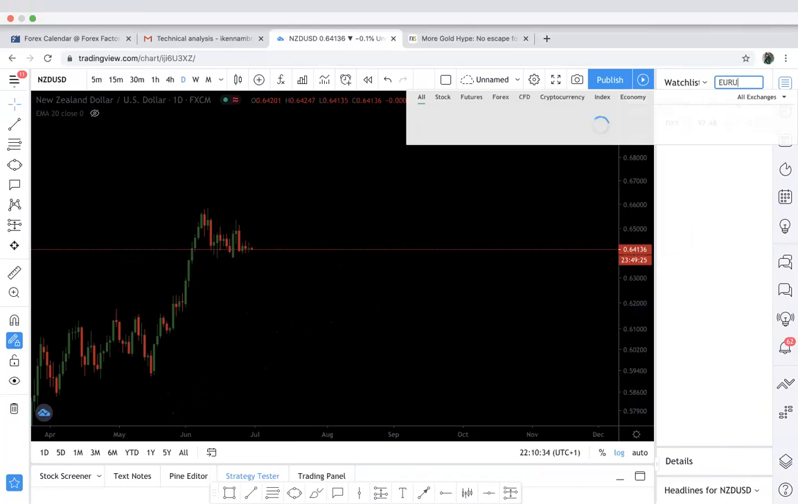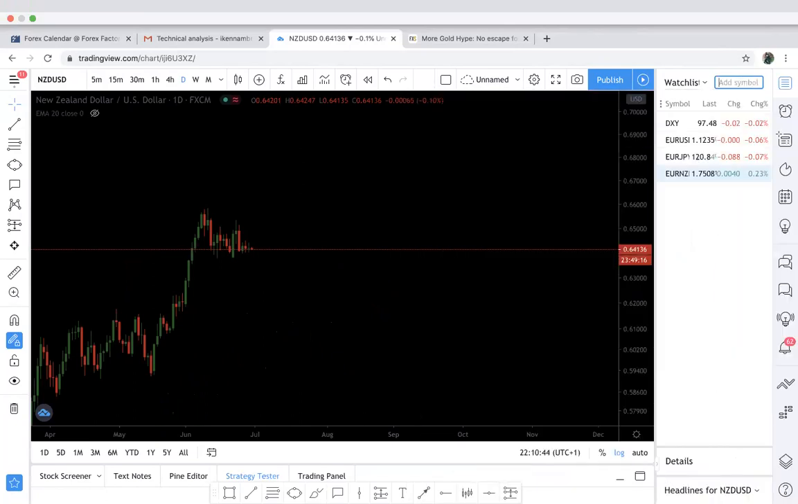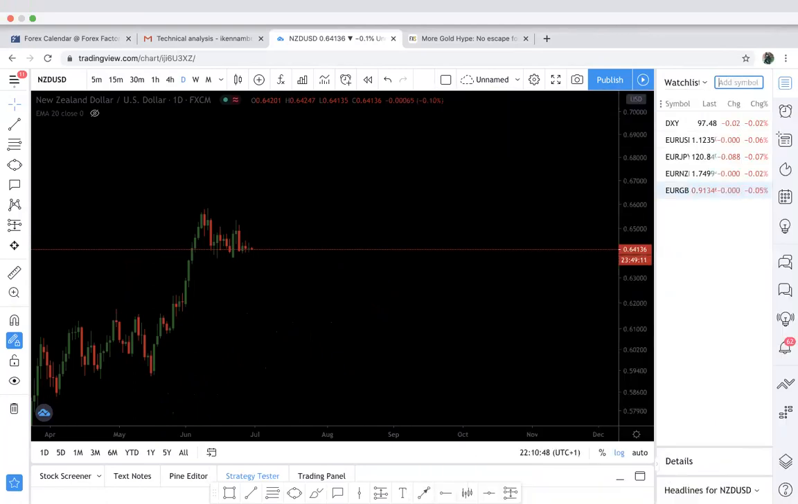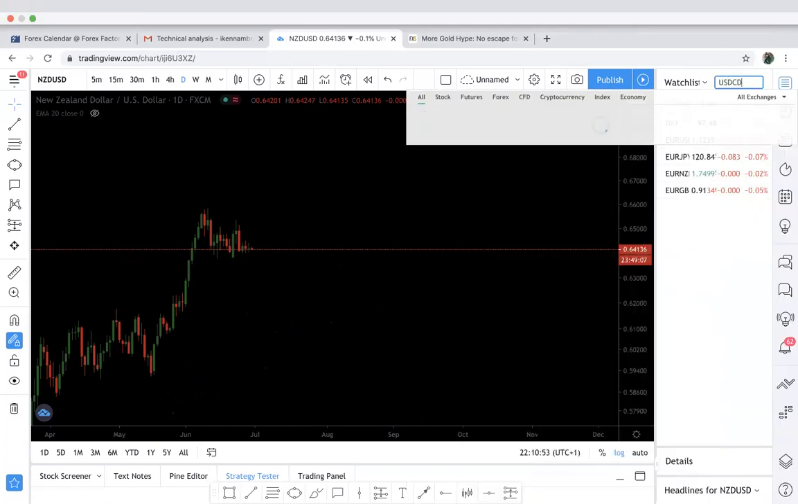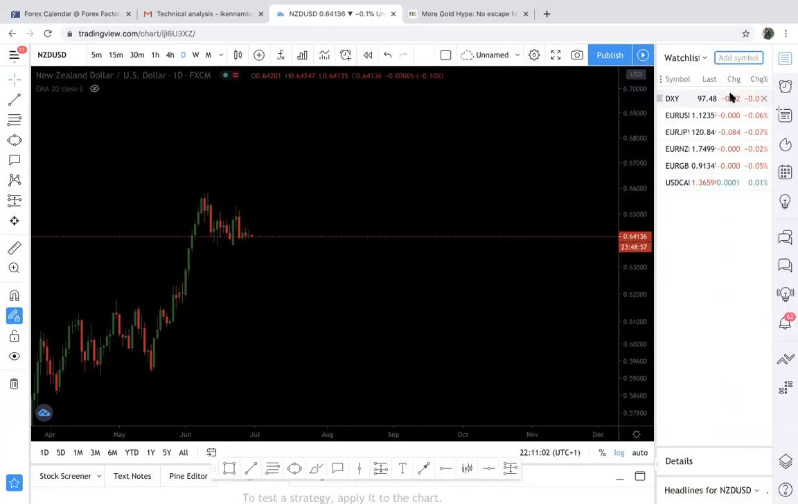So the EUR/USD and EUR/JPY. Let me see EUR/NZD. I like to trade EUR/NZD at night, and EUR/GBP. And then we'll go to the USD pairs, USD/CAD. I think I have to stop trading USD/CAD. Hold on. USD/CAD and USD/CHF, USD/JPY,